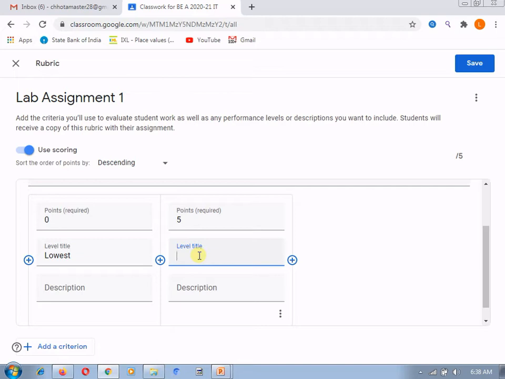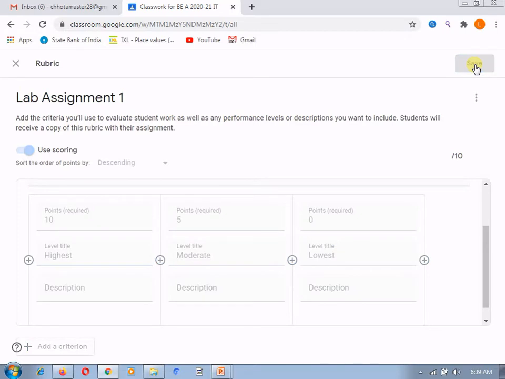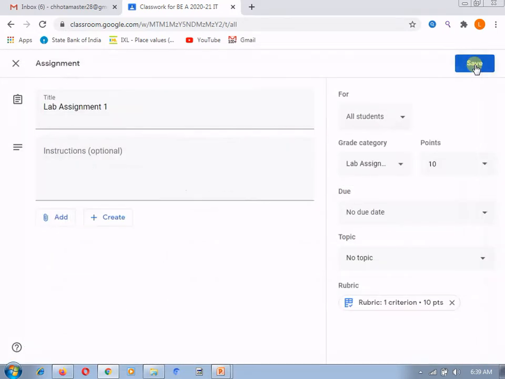Suppose this is the moderate level, and for the highest level I will give 10 marks. You can select different levels as per your requirement and the marks given to your assignment, and now you can save it. After saving it, it will be added as a rubric in your assignment.